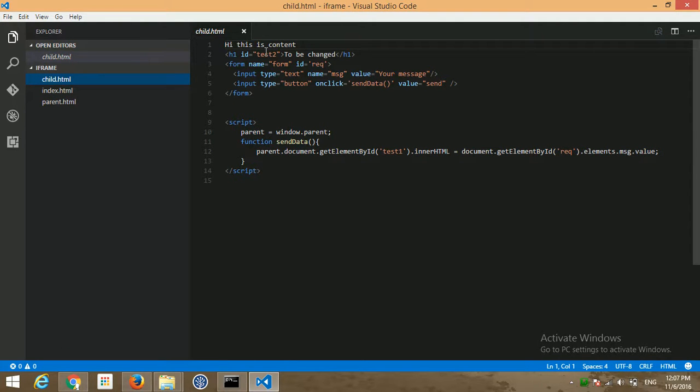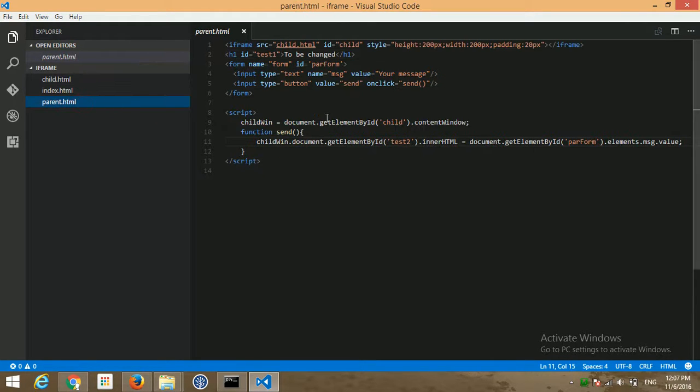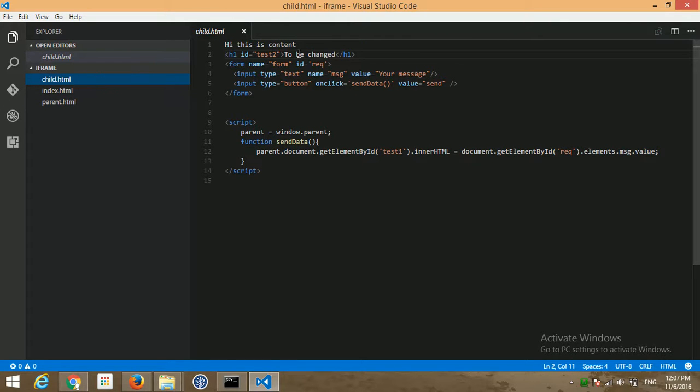Here in child.html is the h1 with id test2. This test2 is the text to be changed, so I am getting test2 using its id inside parent.html. Now getElementById test2 .innerHTML gives the value inside test2, which is, see here in child.html, "to be changed".